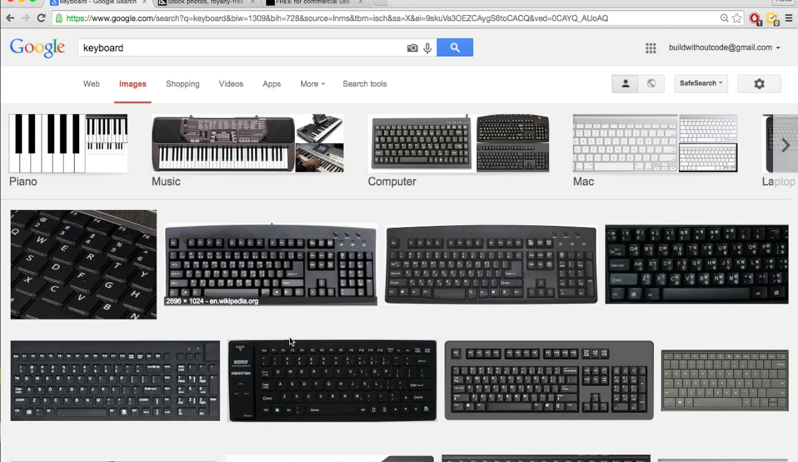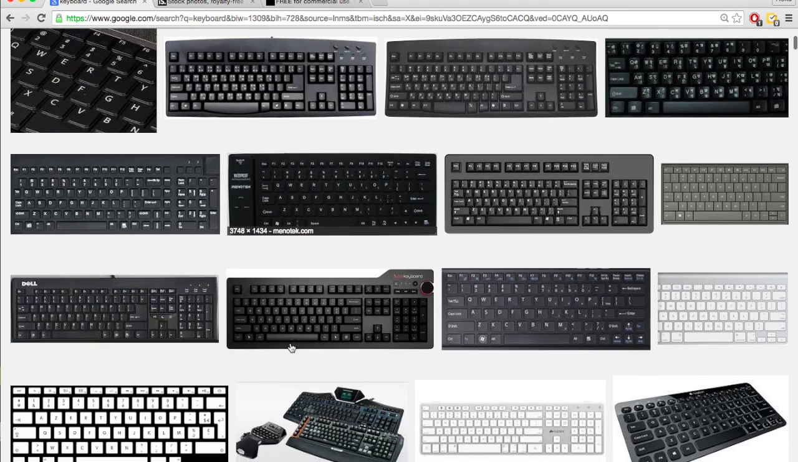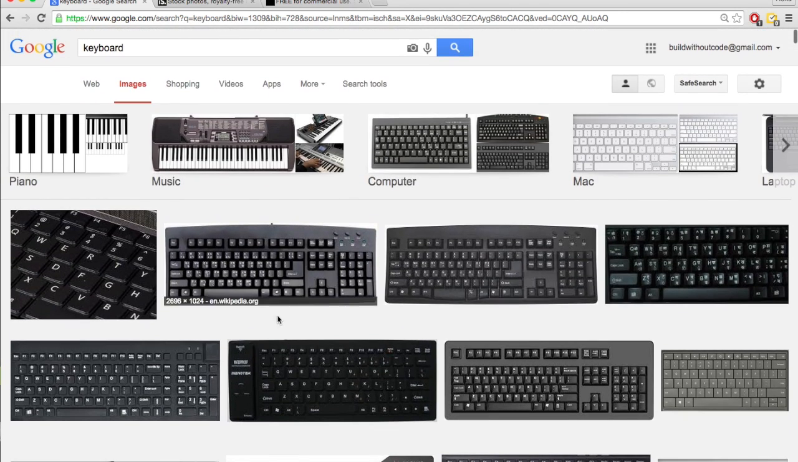Finding images to use on your blog or website can be difficult or it can be expensive. So let's say I need a picture of a keyboard. If I type in keyboard on Google, click on images, there's a ton of images to choose from, but I can't just throw one up on my blog or website, especially if my website is used for commercial purposes, because someone owns the rights to each of these different images probably,